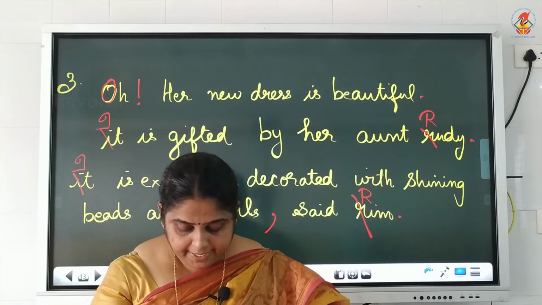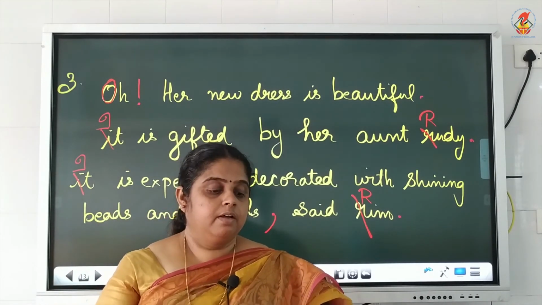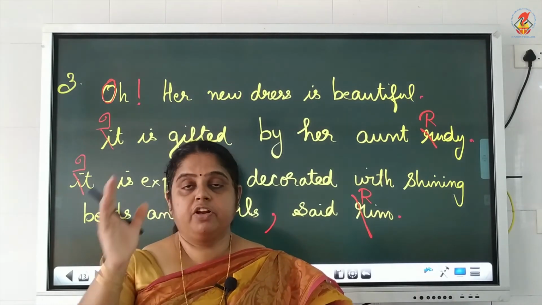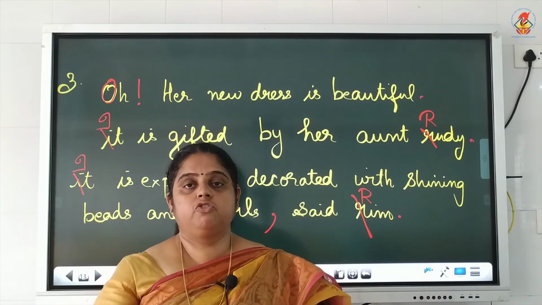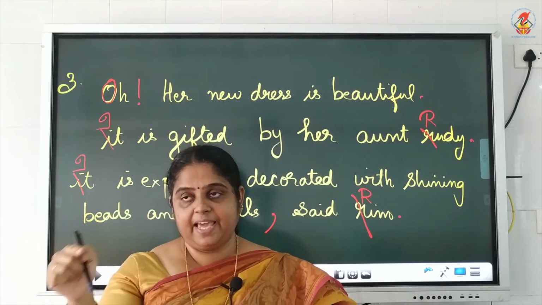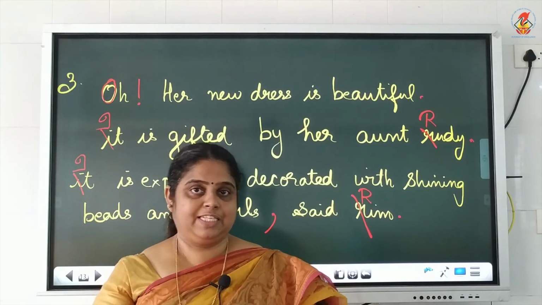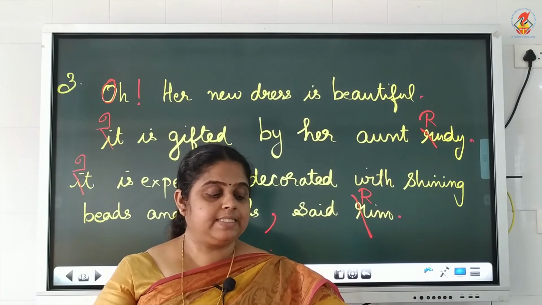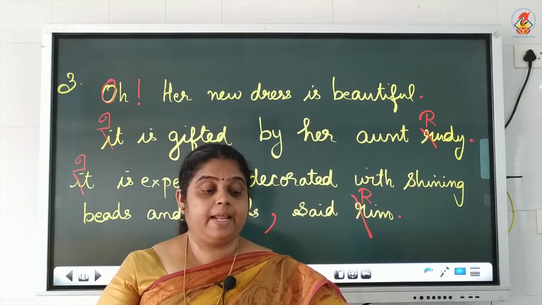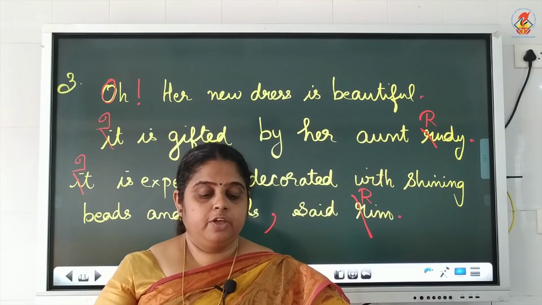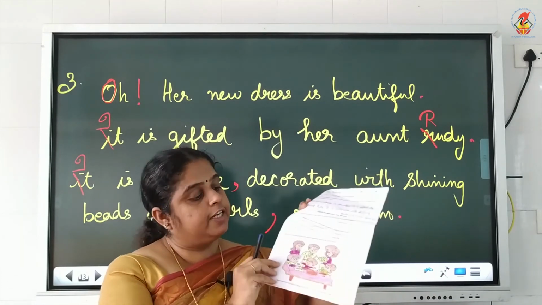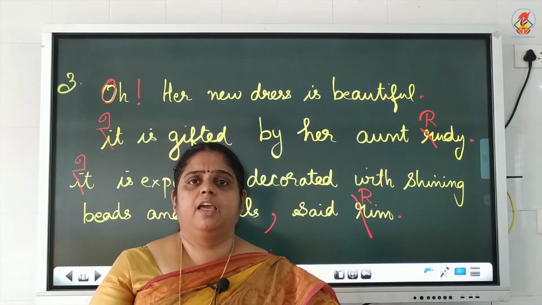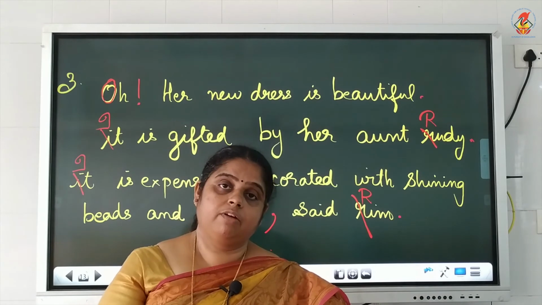Then, in page number 5, you have a check your brain, test yourself. That you have to do yourself. The different punctuation marks are given. Which all punctuation mark it is, please identify and match it yourself. Okay. Then after that, you have one more picture exercise. Now color the picture and punctuate the following sentence. You can see the picture, a picture of children celebrating birthday. Did you see? You can color it beautifully. Okay. Give your own color, whatever you like.